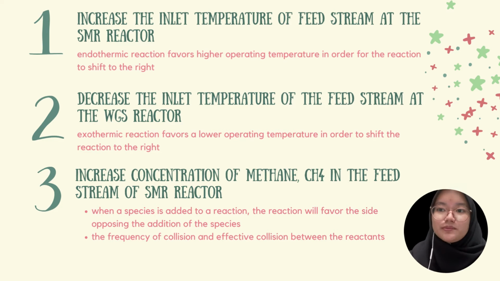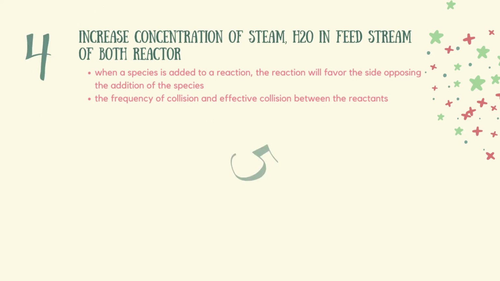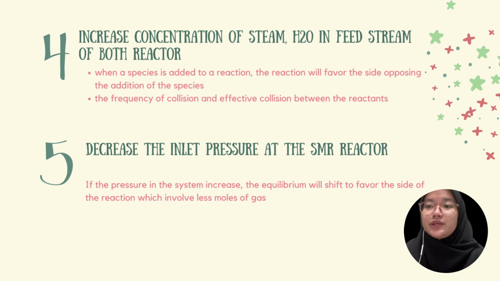The third strategy to maximize the selectivity and yield of hydrogen is by increasing the concentration of methane in the feed stream of the SMR reactor. When a species is added to a reaction, the reaction will favor the side opposing the addition of the species. Hence, by increasing the concentration of methane, the equilibrium of the reaction will shift to the right. Next, increase the concentration of steam in the feed stream of both reactors. This is because when a species is added to a reaction, the reaction will favor the side opposing the addition